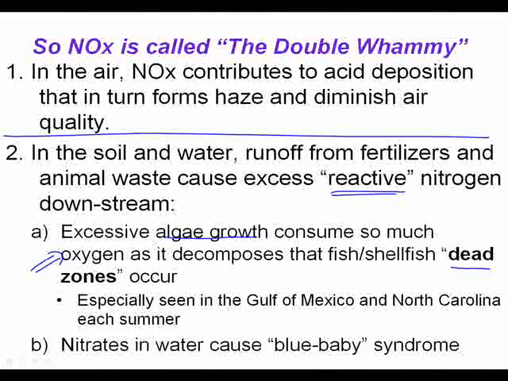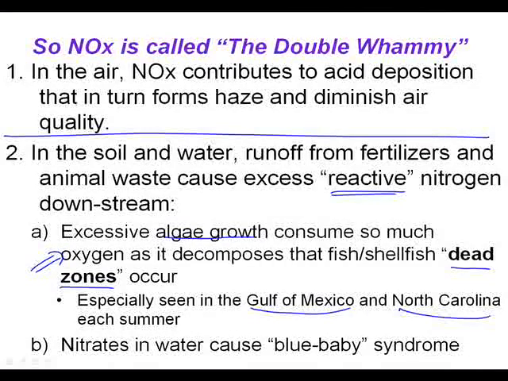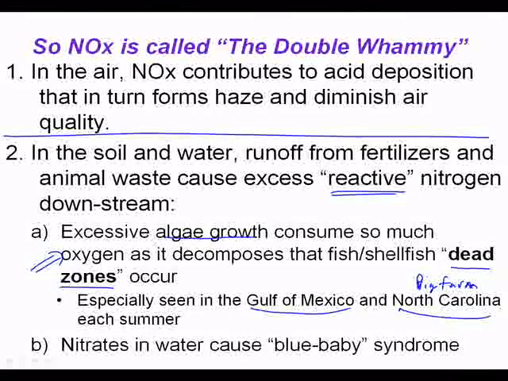They call them dead zones. It removes oxygen, so the fish suffocate, and shellfish. You see it in the Gulf of Mexico. Coming out the bottom of the Mississippi, there's a huge dead zone, and it's getting bigger. And North Carolina, where the big pig farms are. Again, poop is a wonderful source of reactive nitrogen, and when it hits an area that's conducive, it will grow this huge amount of algae and then die, and oh my goodness.